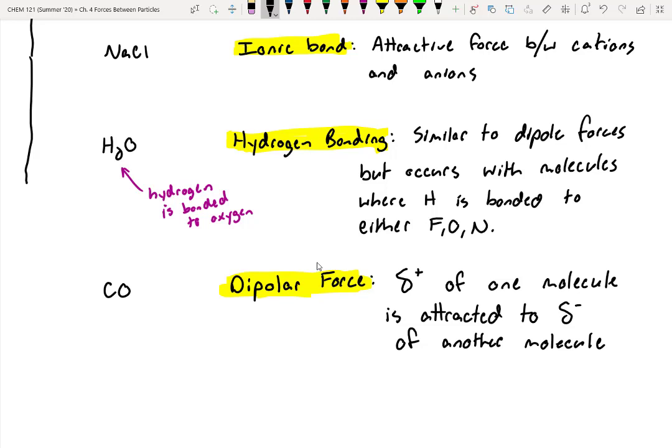So it's not as strong as ionic because these are just partial charges, meaning they're not true ions. They're just kind of unhappy because some other element is stealing electrons from them in this case. Or in this case, this element would be happy because it's stealing electrons from somebody else. All right, so we're almost done. The last one we've got to do